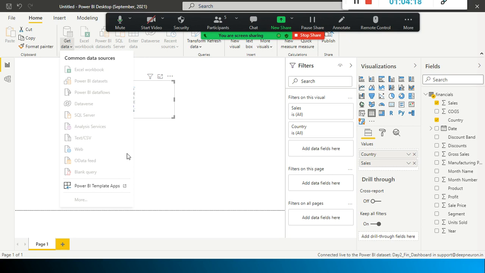You can give it a try on your laptop. When you select OData feed, you need to type or copy paste the link which I sent to you, and click OK. You need to wait for some time; it will take some time to show all the tables. You select that one, click OK, and click load. It will get loaded. That is what we tried.